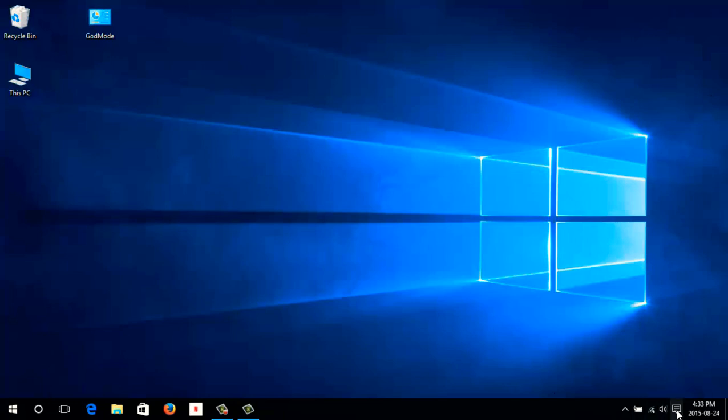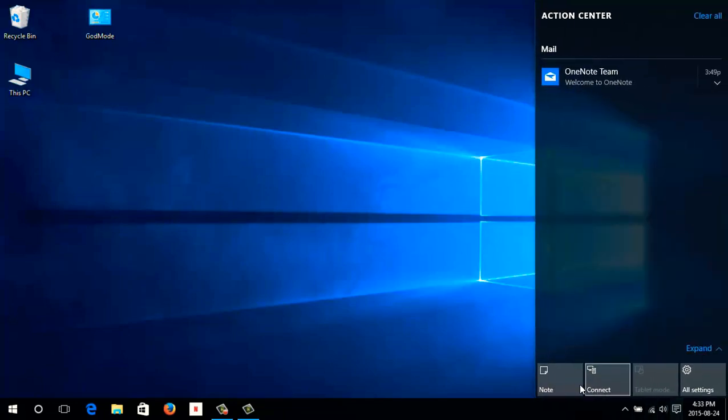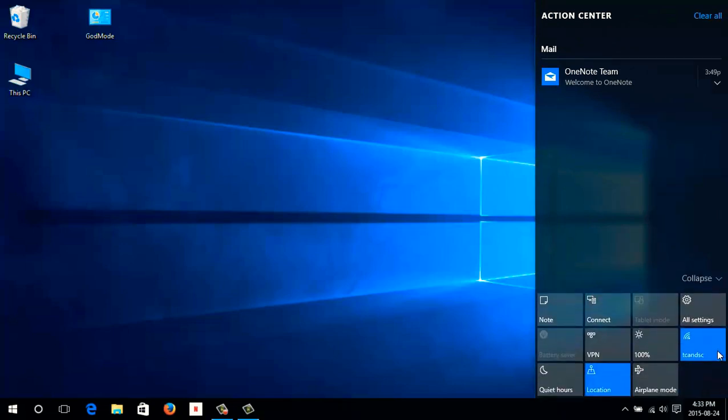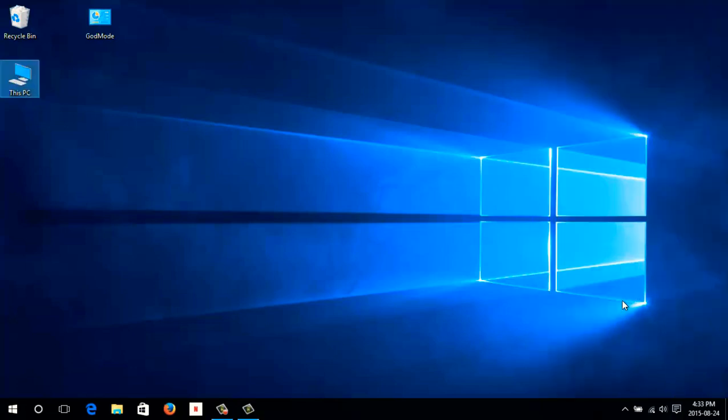Okay, so now if we go back in here, you'll see I have note, connect, here's tablet mode, and all settings again, and then I can expand them back the way they were here, except note is now over here, and tablet mode's now over here. Now, tablet mode gives you a more Windows 8